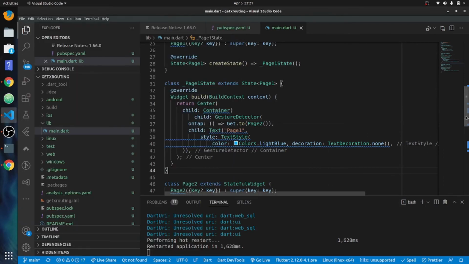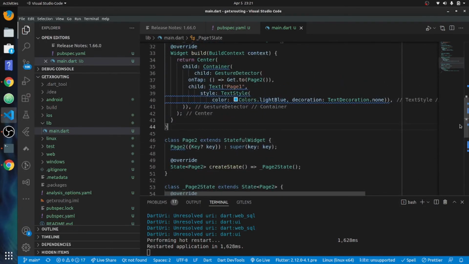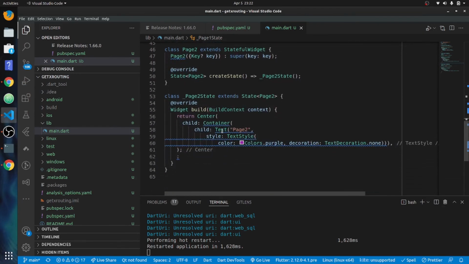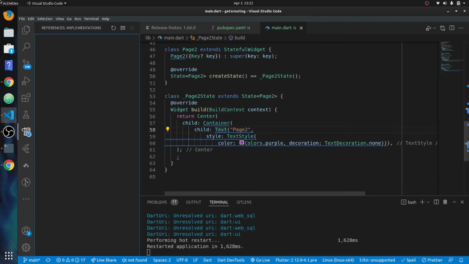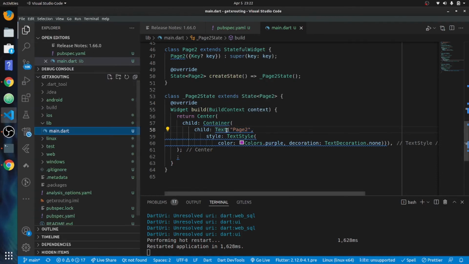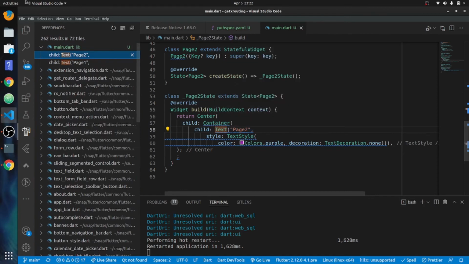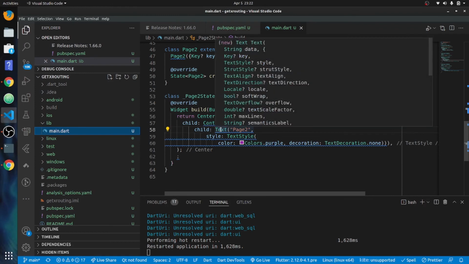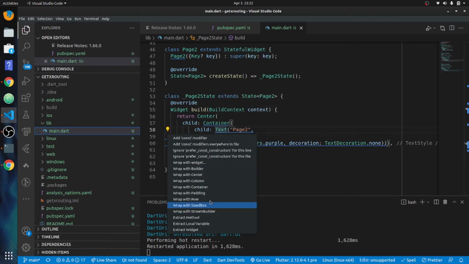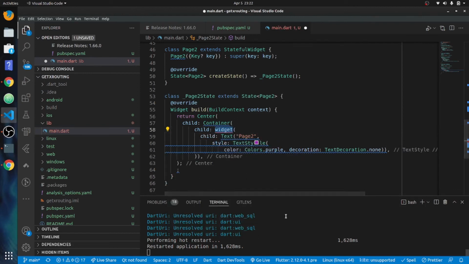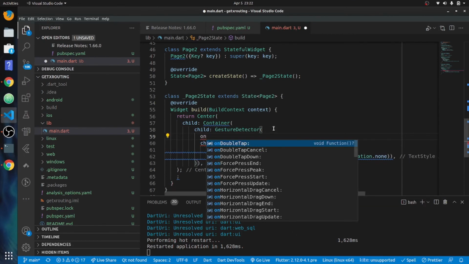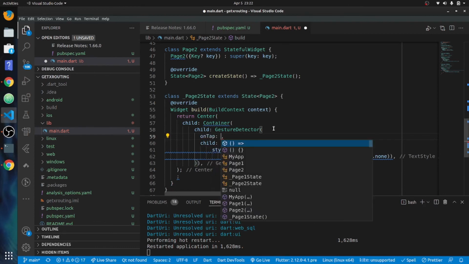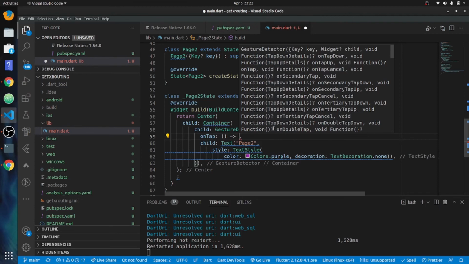So now we're going to want to go back to page 1, but we're going to use Get.toNamed this time. Okay, so what we're going to do is put this in a... come on, what the hell is that? I didn't tell it to do that. All right, so now we're going to put this... you are killing me out here, guys. Okay, so now we're going to come here, then we're going to wrap this in another widget. And then we'll put GestureDetector. We'll do the same thing. So on tap, and then we'll put anonymous function, and then we'll put